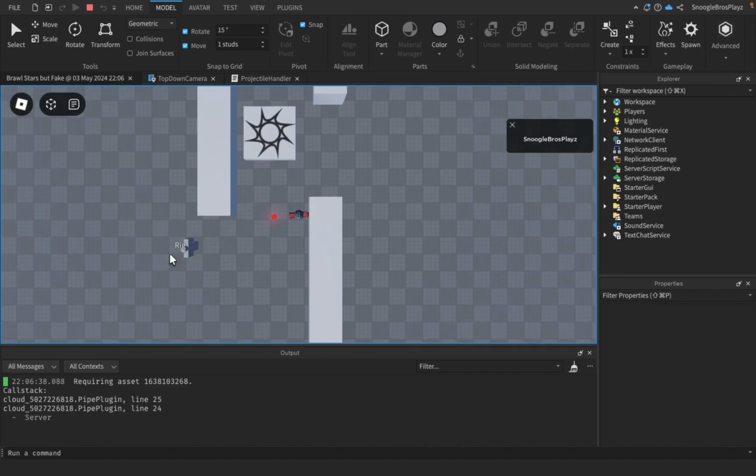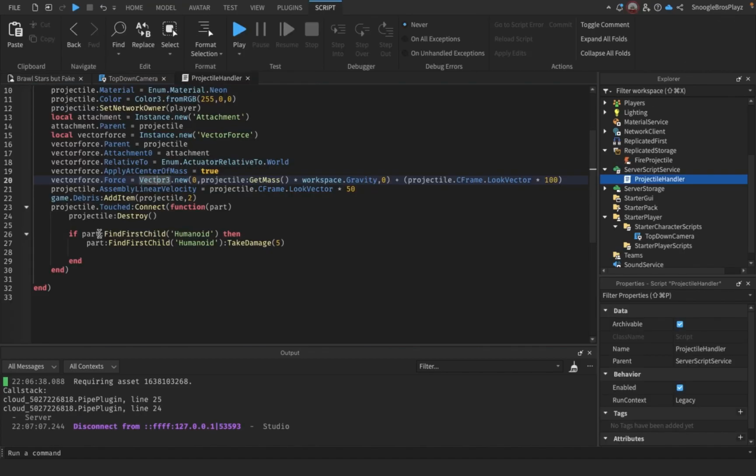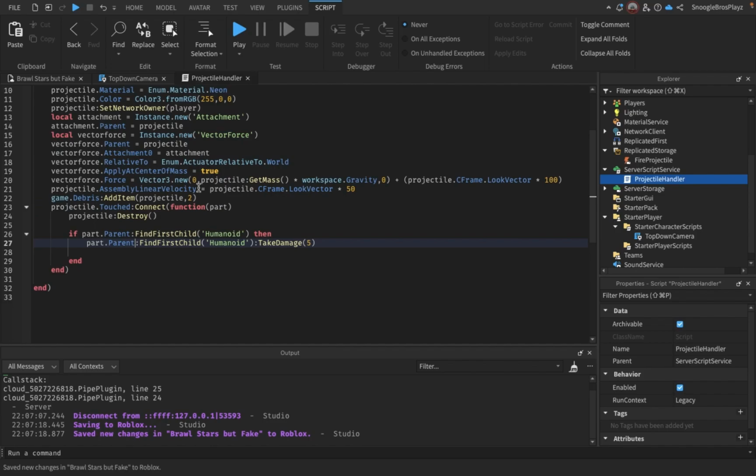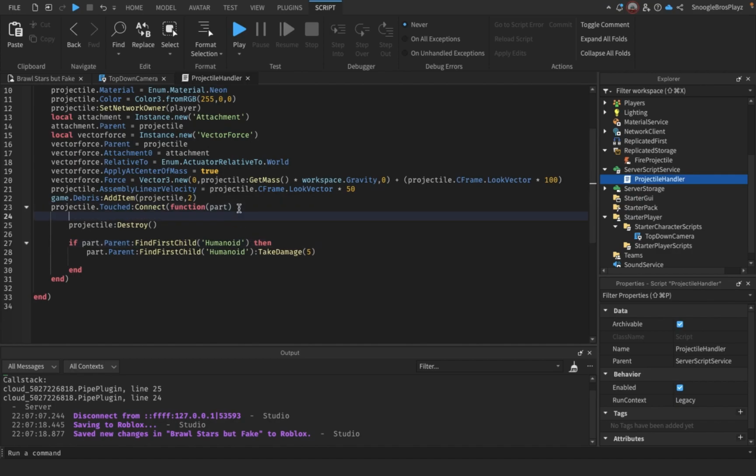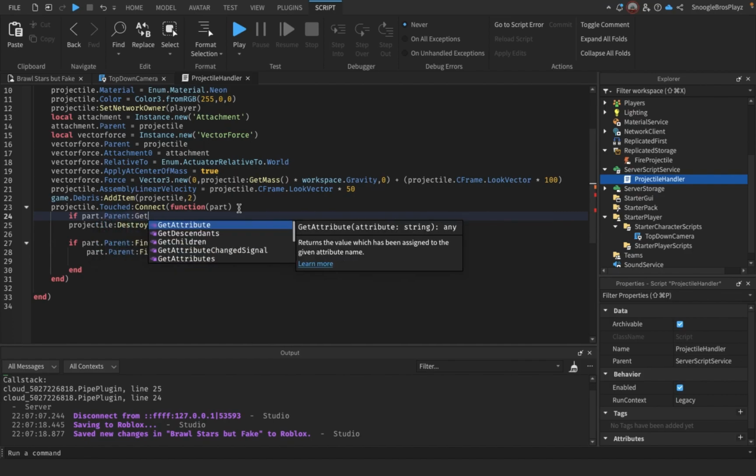Now let's see if we can hit a humanoid. Oh, I see a problem. We gotta look for the humanoid in the part's parent, because the part itself won't have a humanoid. It's the parent that has a humanoid. And I'm gonna make it where the part can't detect itself. So if part dot parent gets